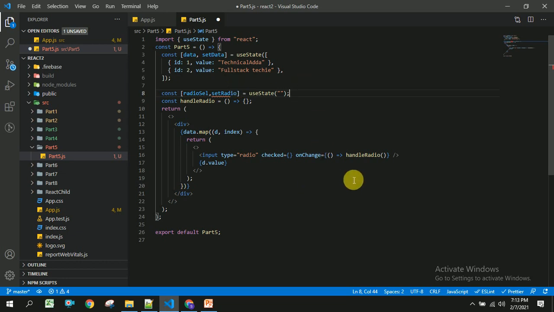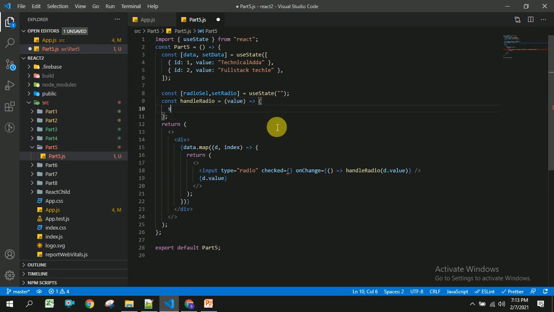So once the user changes or selects the radio, I am going to send the value. We will get this value in this radio, so I am going to get this here, and I am going to set the radio to the value whatever the user has selected.